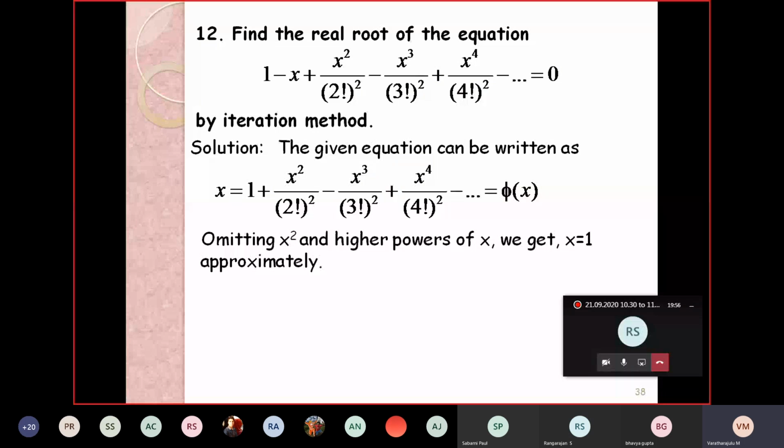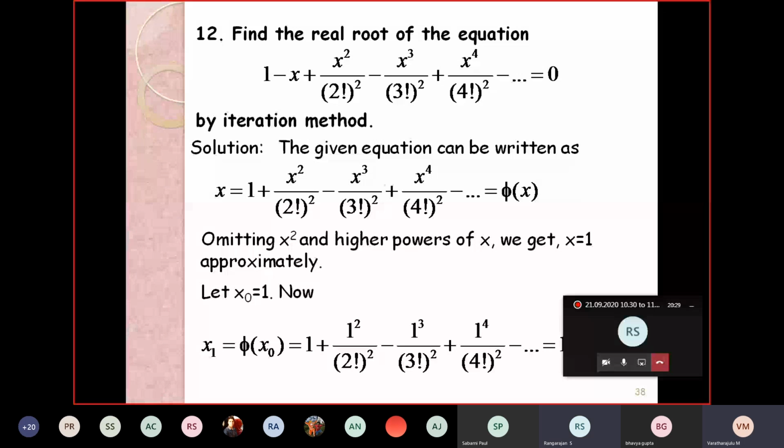Or blindly you take x is equal to 0 and start your iteration from x is equal to 0, because the iteration method itself will try to converge towards accurate results. Then there is no issue, and you can start your iteration as per your wish. Concerning this particular problem, we are going to start with x is equal to 1. To have that idea, we are omitting x square and the higher powers of x. Let x naught is equal to 1. Now the problem will become,